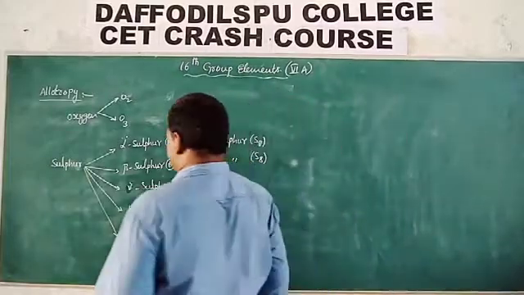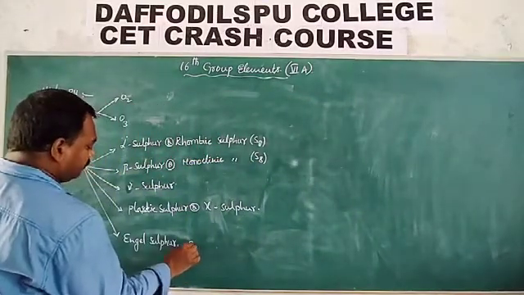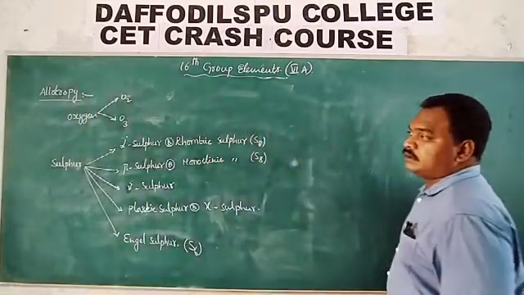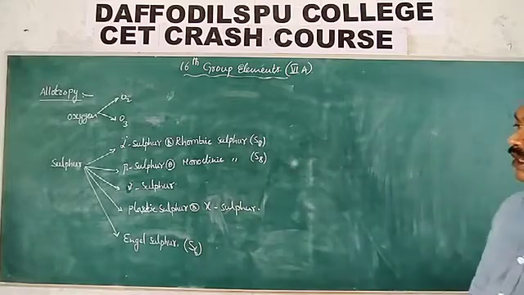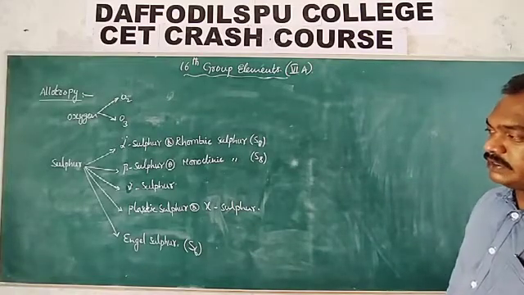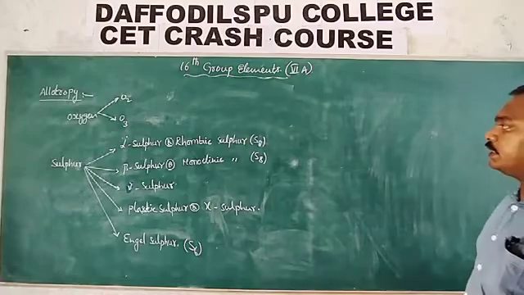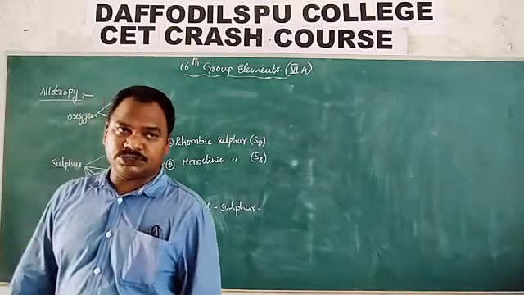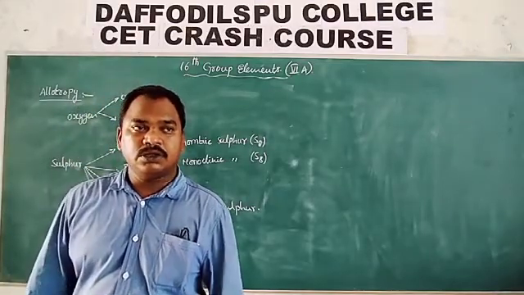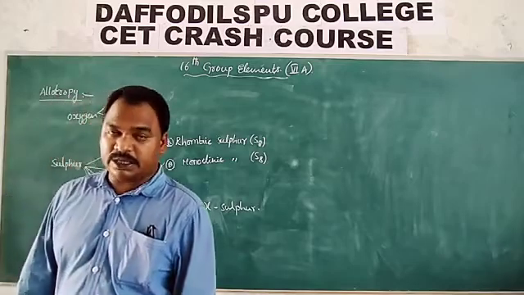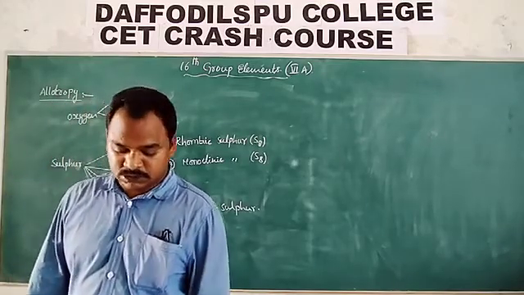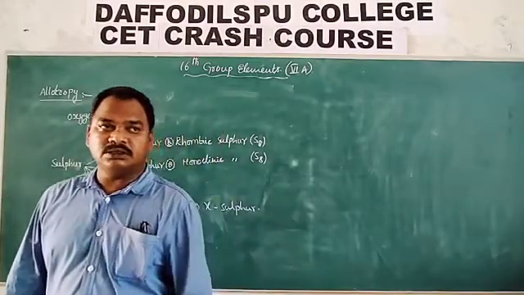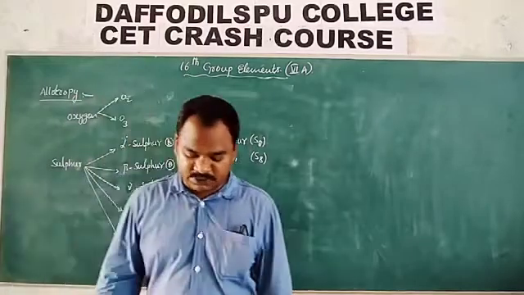This angel sulfur is in S6 form, means hexagon. Alpha, beta, gamma sulfurs are octatomic and they have puckered ring structures. Puckered ring structures, you can say, are crown structures. I will draw the crown structures of these alpha, beta, gamma sulfurs.